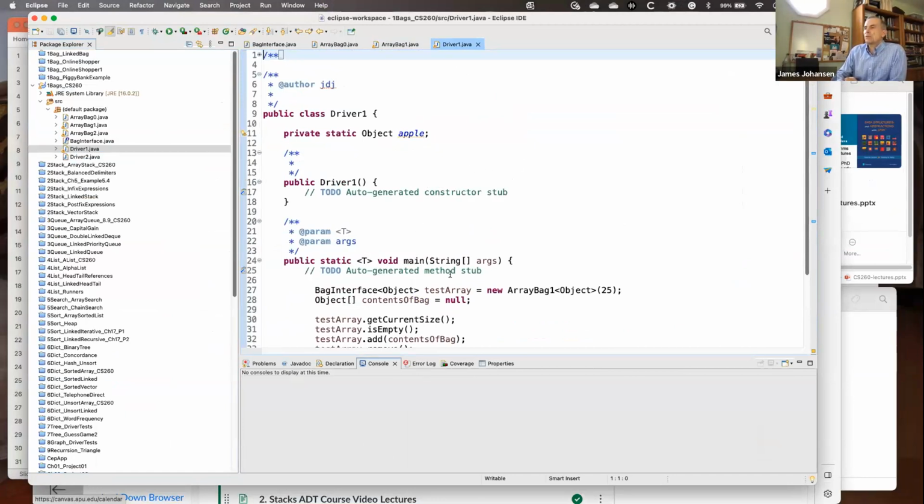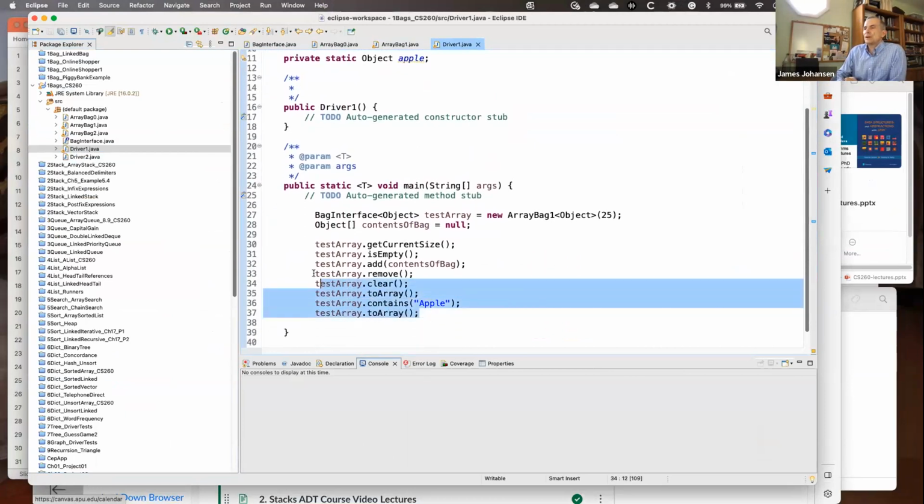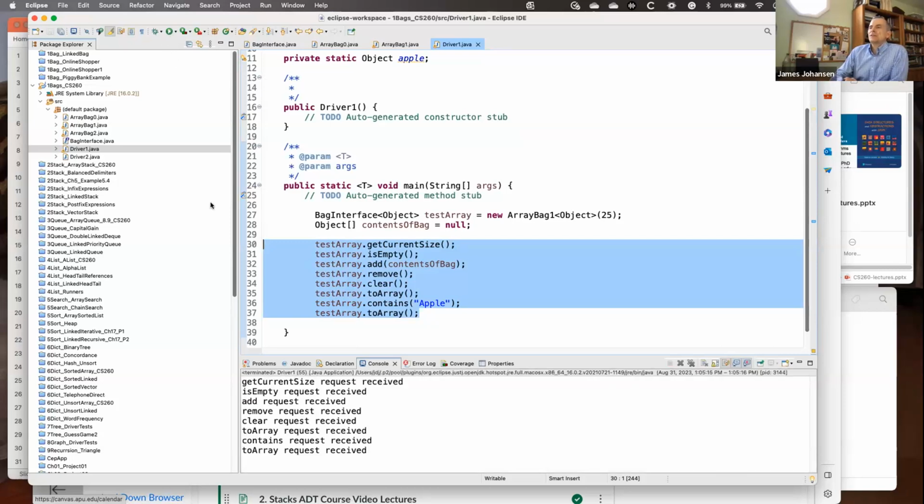So this is for the driver or the application. This is where you have your main statement. And then I just call these different methods. And this version that I have here, they're all code stubs. And so we're just going to get a few print statements. And so if I just do an execute, I should just get a couple things here. So this is all we got here. So I'll just let you play around with that a little bit.